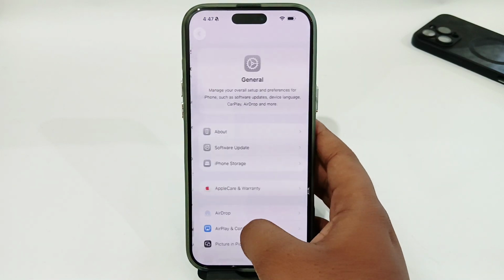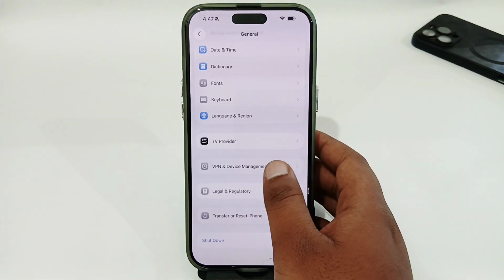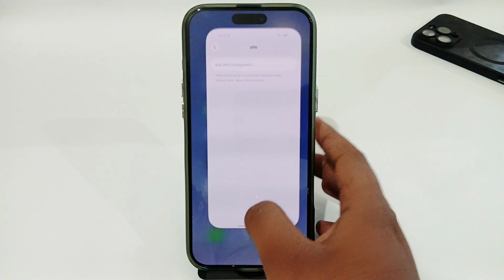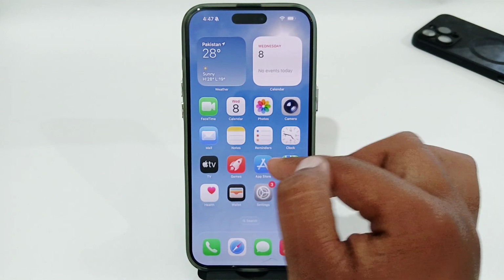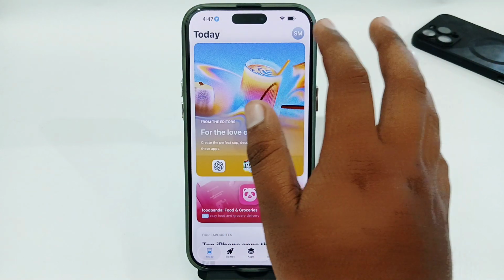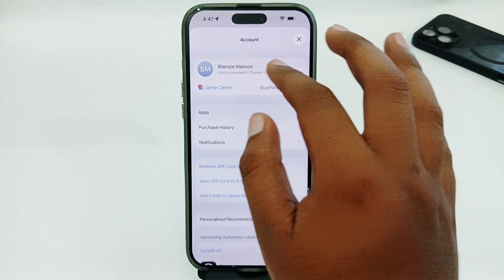So now go to General, and make sure that your VPN is not connected, or if you are connected to any VPN, try to disconnect from it. Once you have that, open up your App Store, then tap on your profile in the top right corner, then select your account from here,